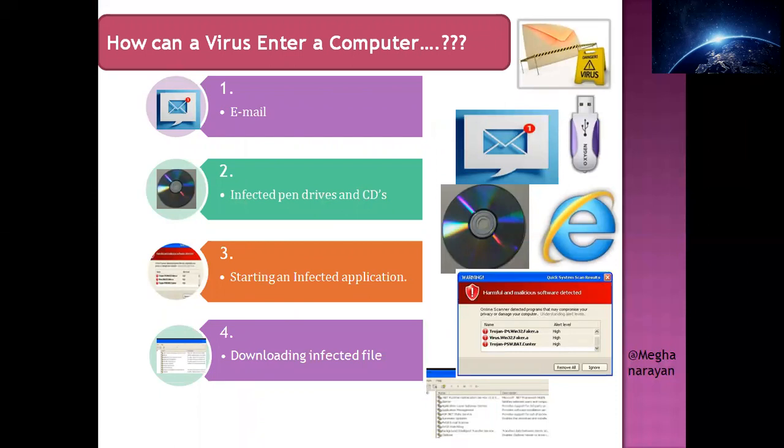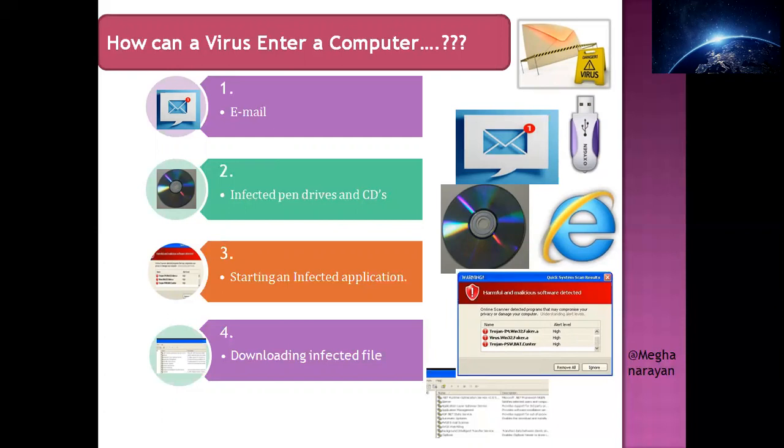How can a virus enter a computer? This question is answered here with these points. First one is email. Second, infected pen drives, CDs, etc. Third, starting an infected application. And the last one is downloading infected file.